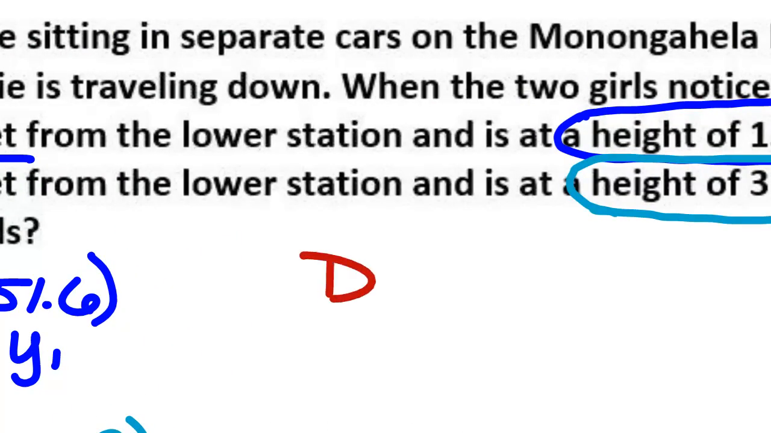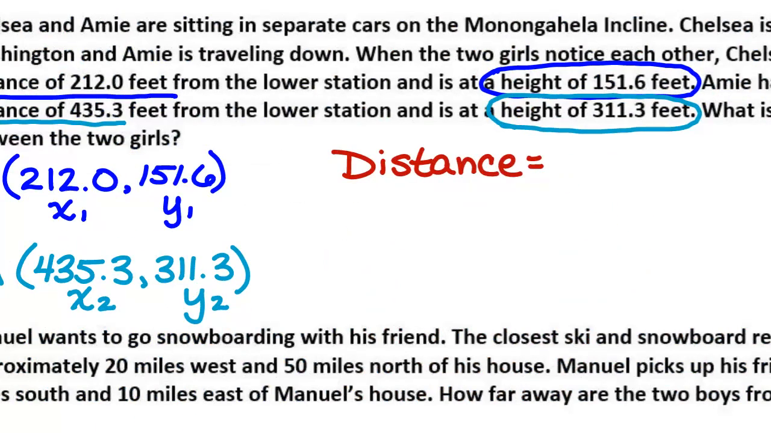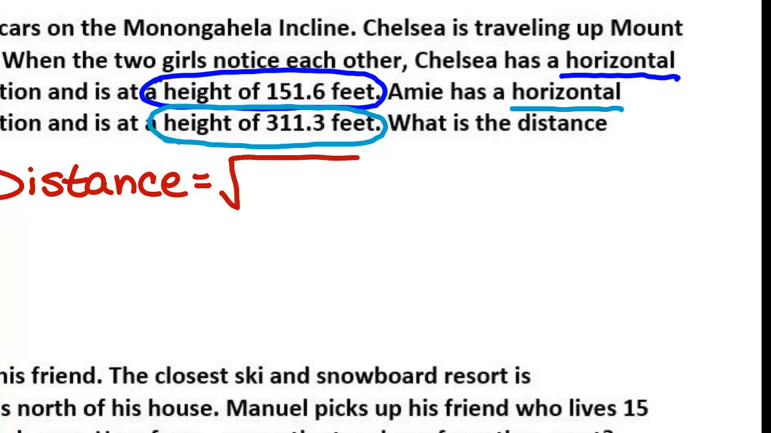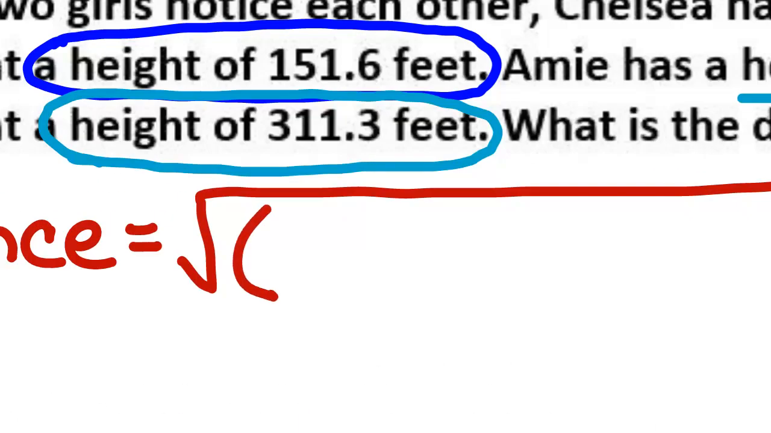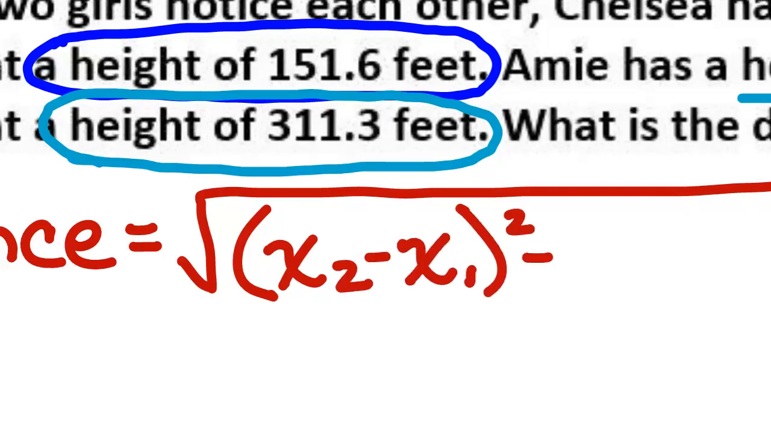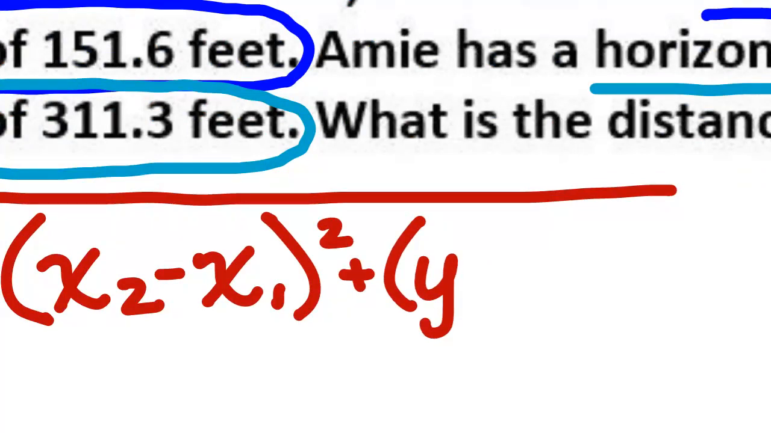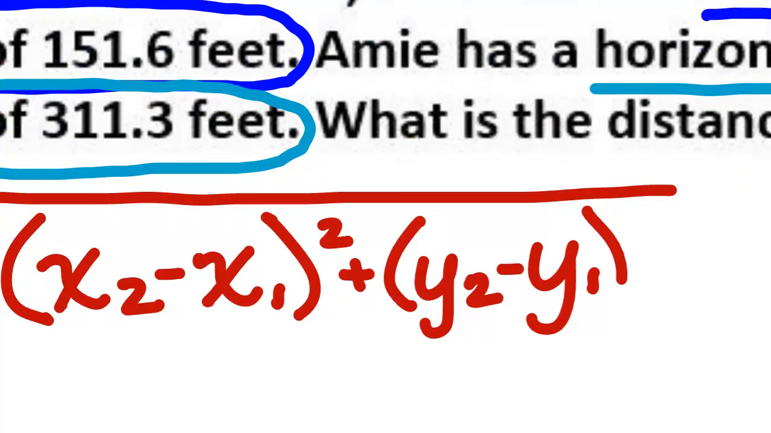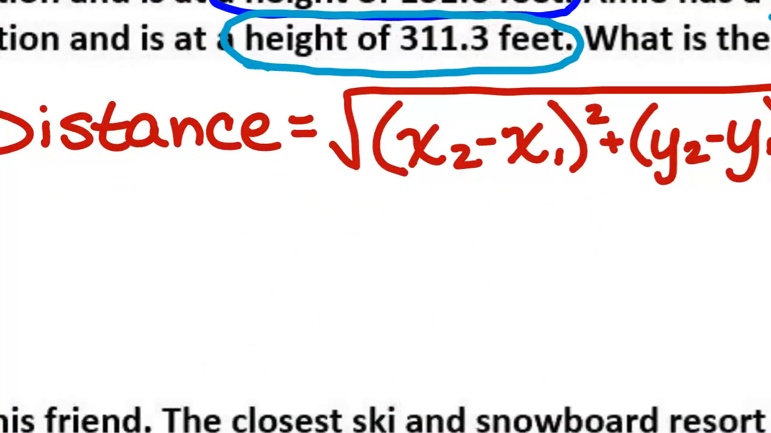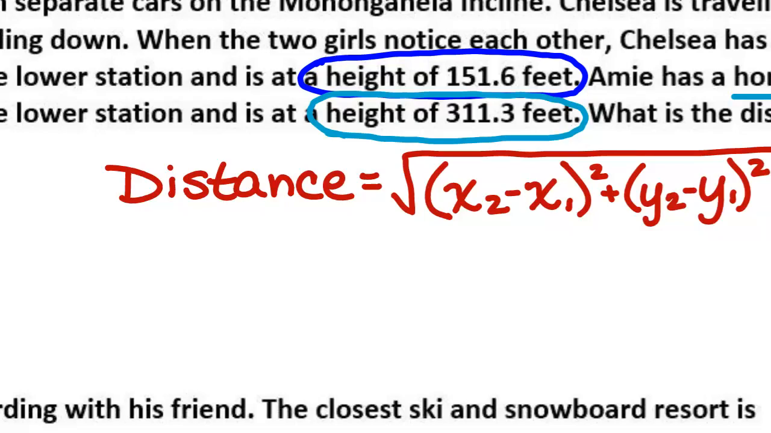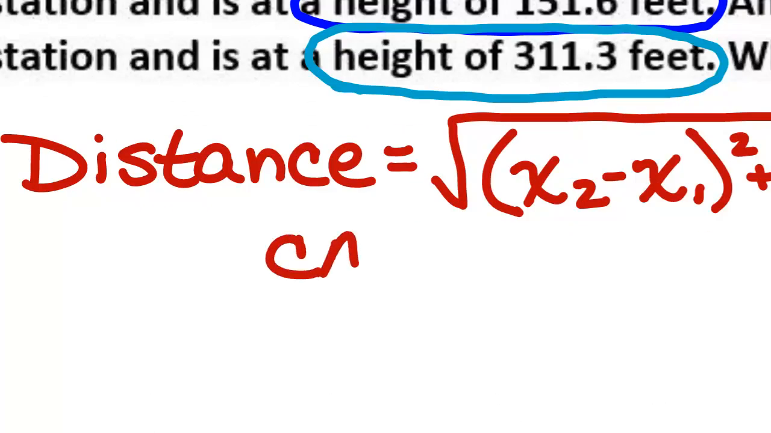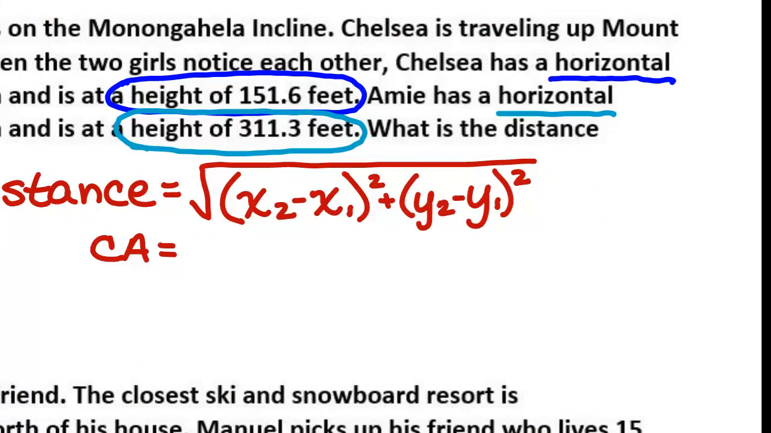So my distance formula: big square root sign, parentheses, x2 minus x1, close them and square it, plus y2 minus y1, close it and square it. So we're going to find the distance from C to A. Need a really enormous square root sign for this,